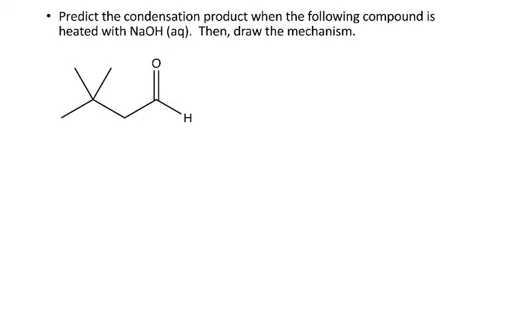Now, I've broken this problem up in a couple slides. On this first slide, I just want to predict the condensation product. Now, the book has one way of doing this in the solutions manual, and I didn't like that as much. So I've got a slightly different way of doing it. If you don't like my way, check out how he does it in the solutions manual. Maybe you'll like that way better. So what I like to do is first figure out what my addition product is, and then figure out what